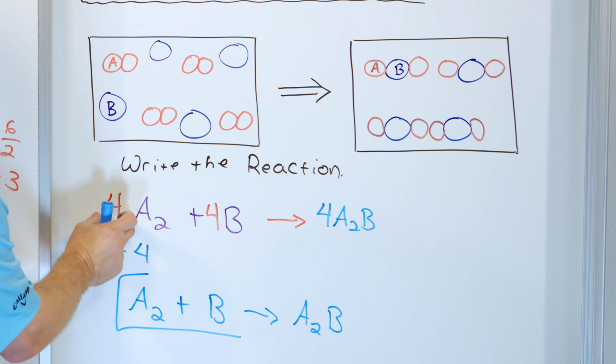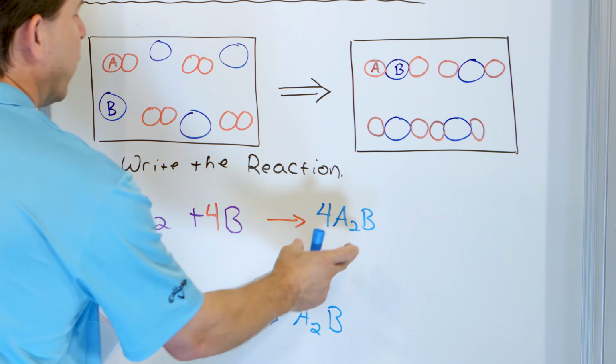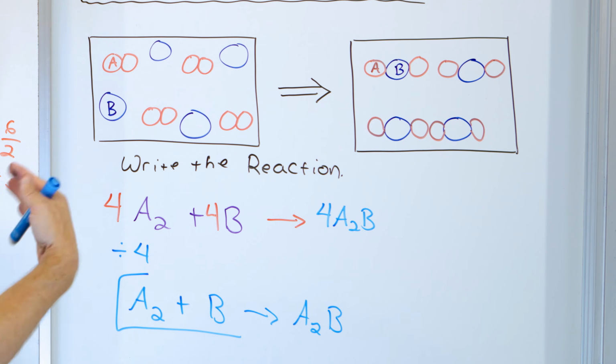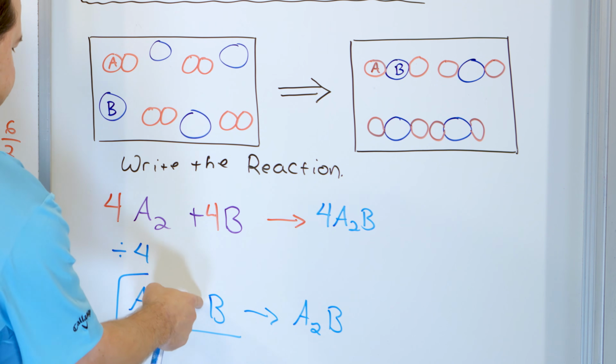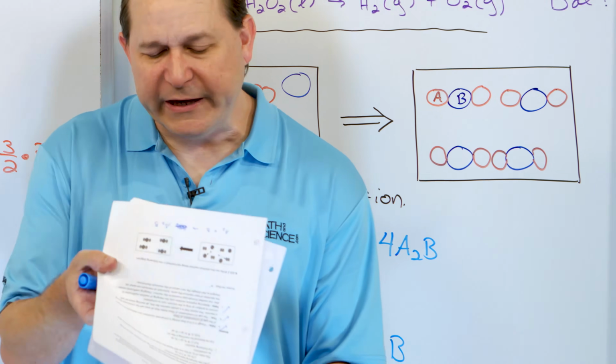Instead of 4 of these molecules combining with 4 of these, yielding 4 of these, it's simpler to say, 1 of these combines with 1 of these to give us 1 of these. And this is the simplest way of expressing that. So here we have